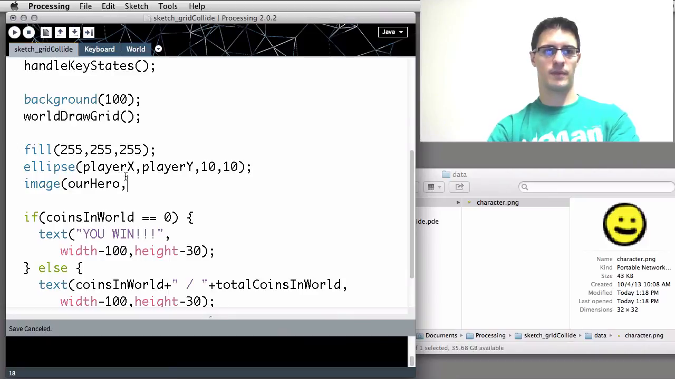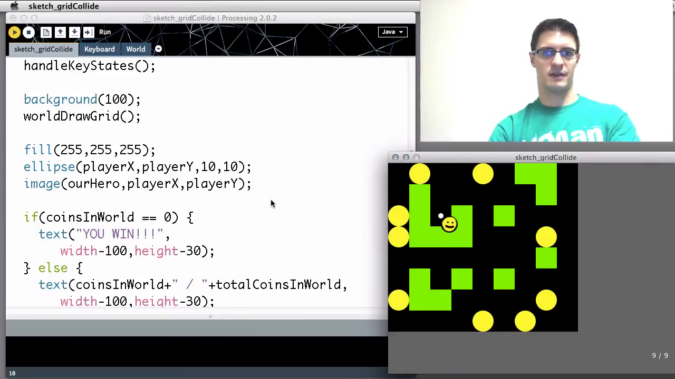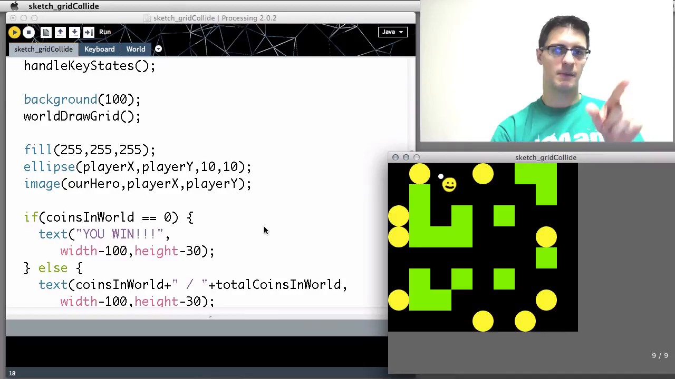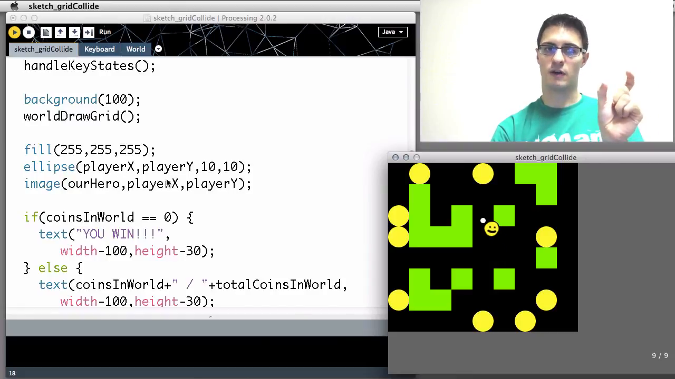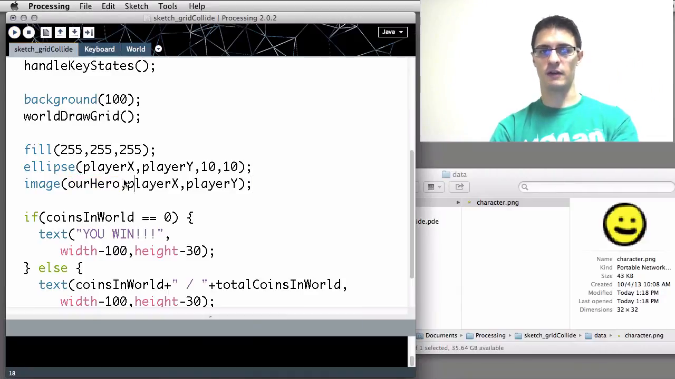Image, our hero, and then I think we need to give it an X and a Y, or vice versa. We'll find out pretty quickly. That worked. Okay, and now notice that, so there's our hero's circle. Notice that the white dot is up and to the left of it, because remember that an ellipse draws from the center of the coordinate. Player X and Y are the center of that ellipse, whereas our hero image call is specifying the top left corner. So if we want this to display centered, then the way we need to do that